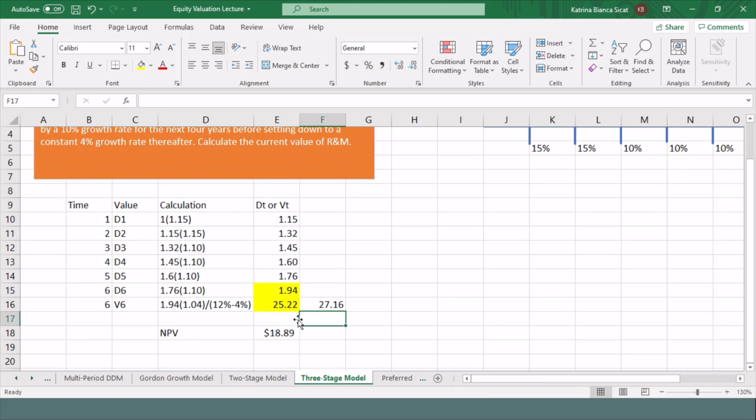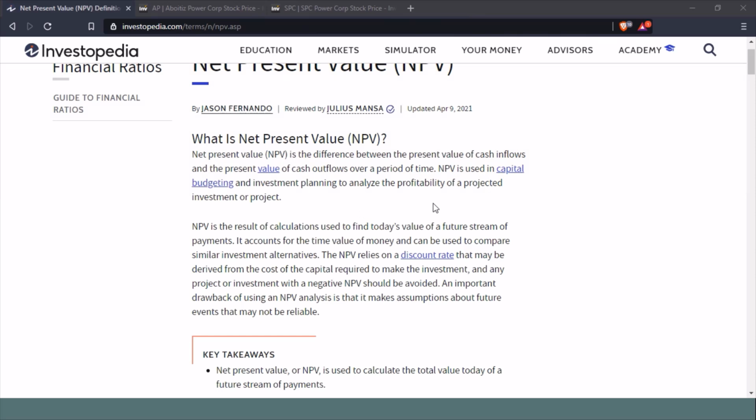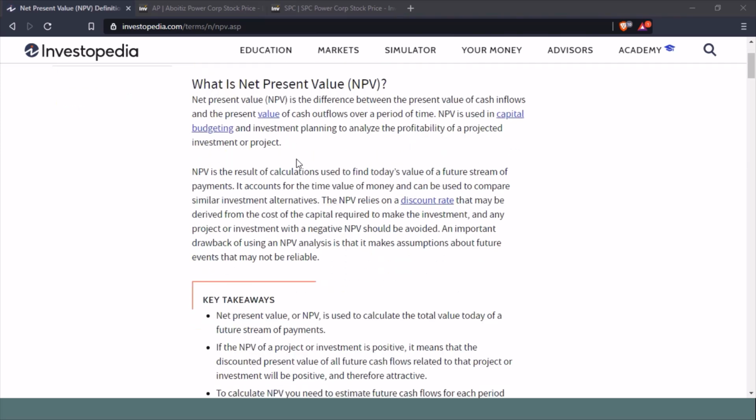But for the three-stage dividend discount model, we are going to compute for the net present value. Net present value is, actually, tinuturo ko to sa strategic financial management subject ko. But anyway, if in-explain ko pa yung net present value, baka tumagal pa tayo. But anyway, ayan, basahin na lang natin yung definition coming from Investopedia, net present value is the difference between the present value